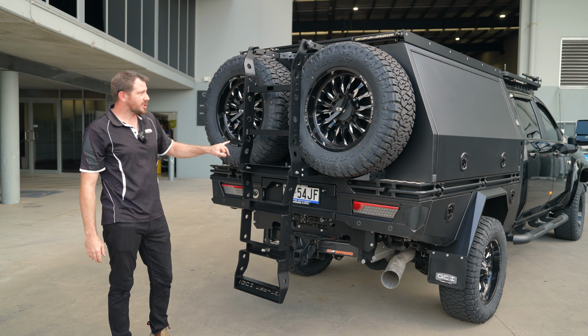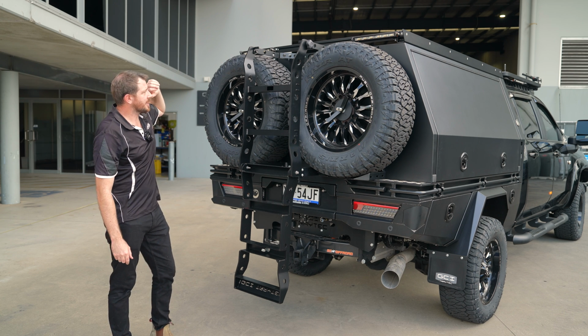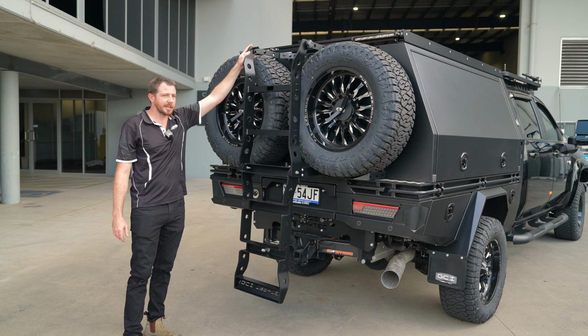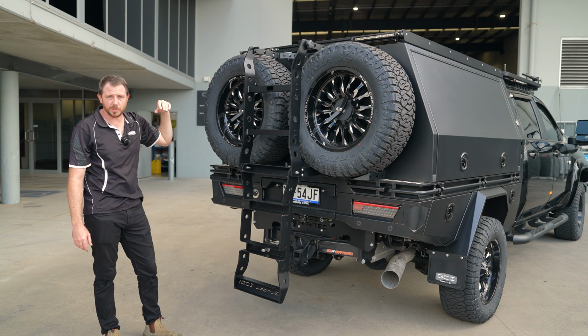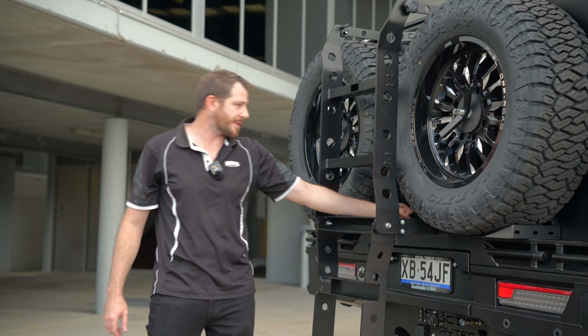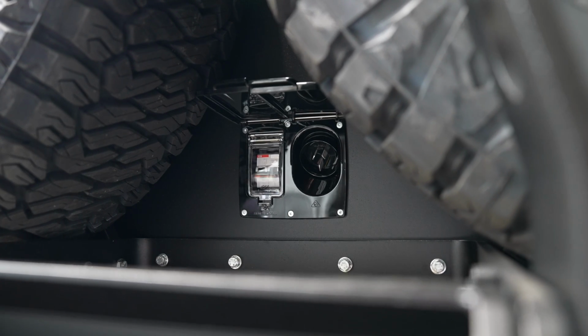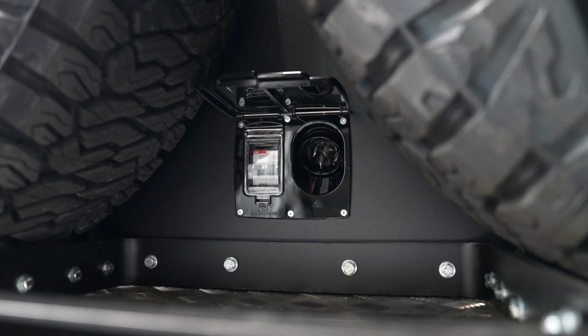So this has a two-stage system. Stage one, obviously, if you want to climb up onto the roof rack, and the secondary system swings these down to access your spare wheels when you need to replace them. Also tucked under here between the wheels, we have our shore power inlet system. So whenever you pull up to camp, you can always plug your 15 amp into there,